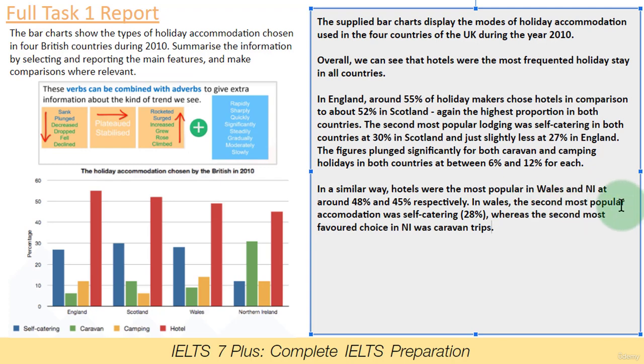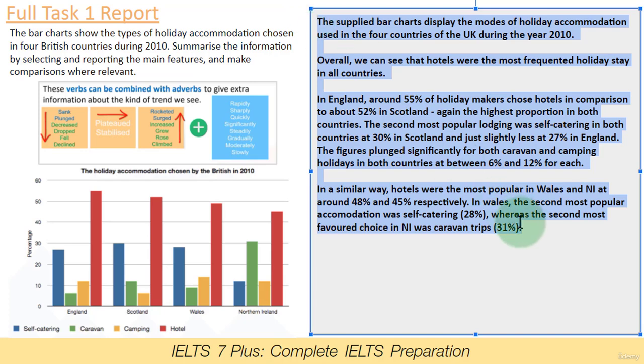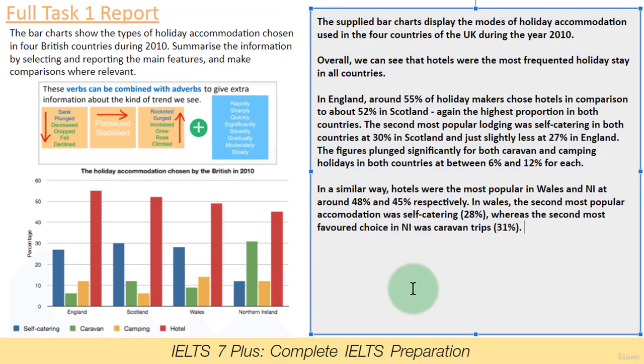Let's go back. In Wales, the second most popular accommodation was self-catering, 28%, whereas the second most favoured choice in Northern Ireland was caravan trips. And I'll use brackets again. 30, it looks to be 31%. Okay, so I'm definitely coming up to about that 150 mark just by looking at it. So, you know what I'll do? I'm going to speed this up a little bit and just say